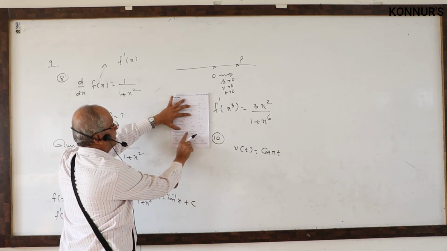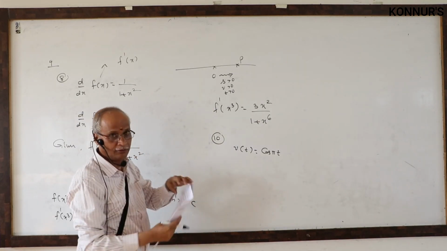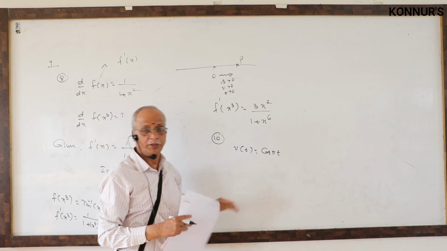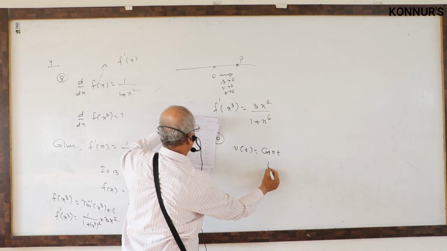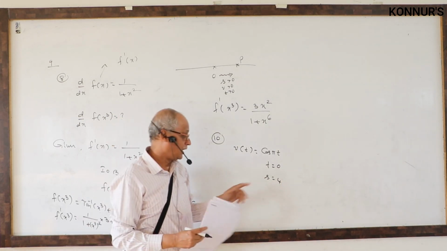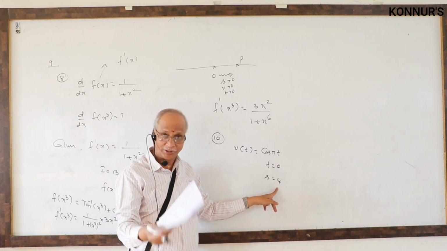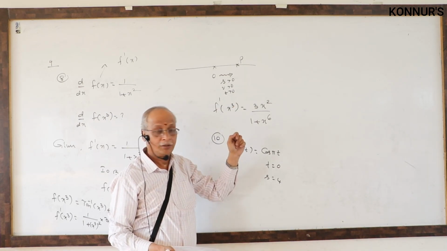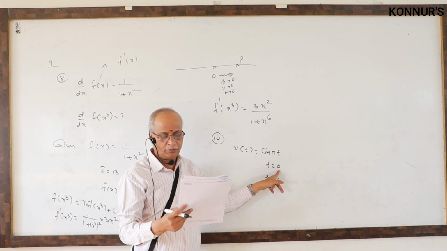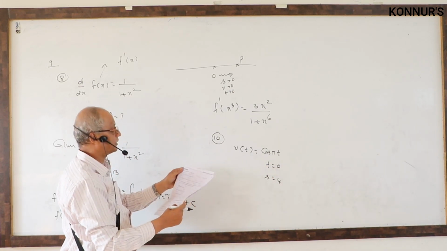Linear motion of the particle, he is writing v of t. What is the reason here? The function is v of t. t is the variable, time, and the velocity function is cos pi t. In that, he is giving some values. At t is 0, the distance is 4. What is the meaning? When it has not started the motion, initially it is at a distance of 4 units away from the origin. Initial time taken is 0. It didn't start any journey. So s is 4. Find out its position function. He is asking for its position function.